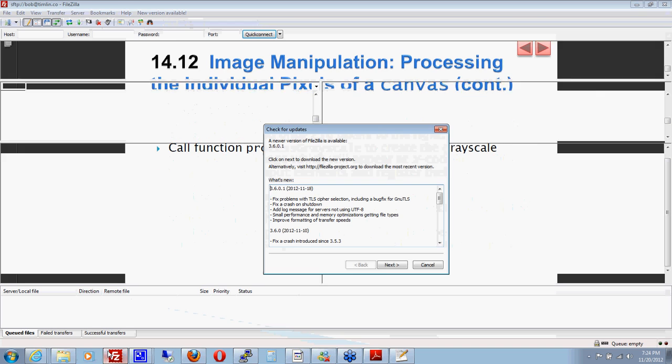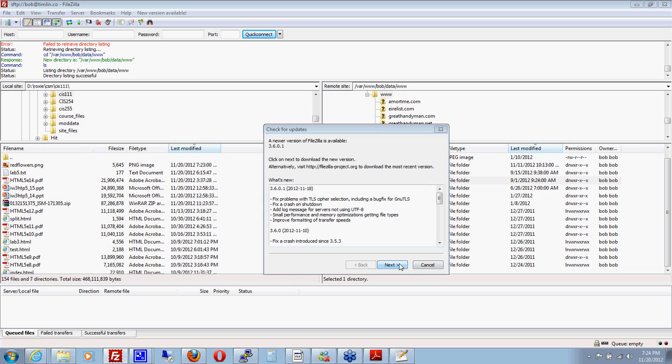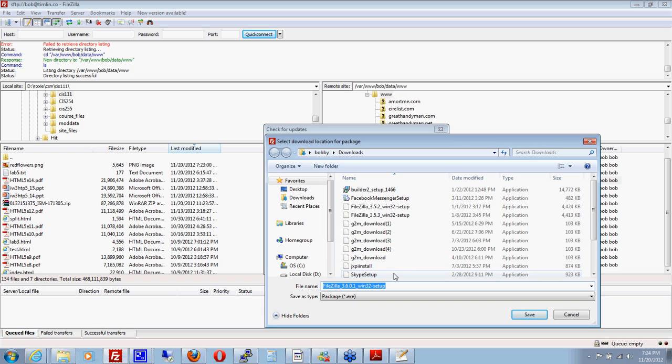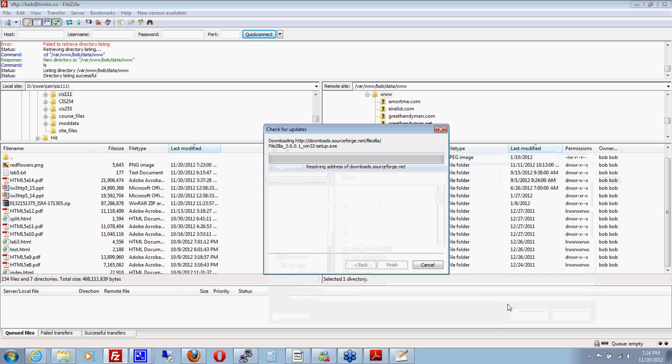Let's see where we are with this file. Okay. That's going to try and do this. Alright, well, I'll do it later. See where we